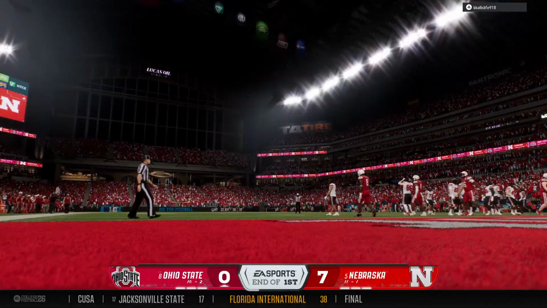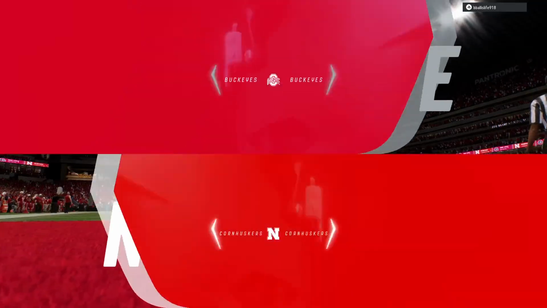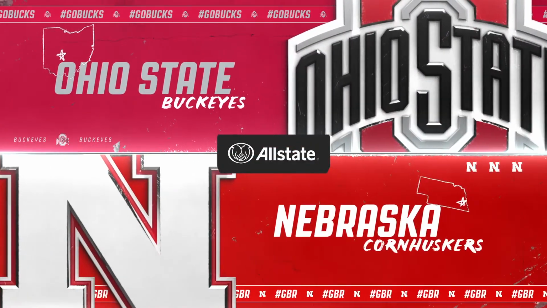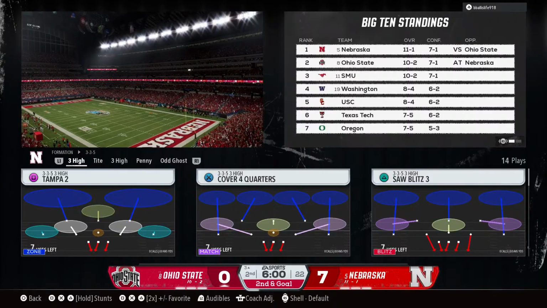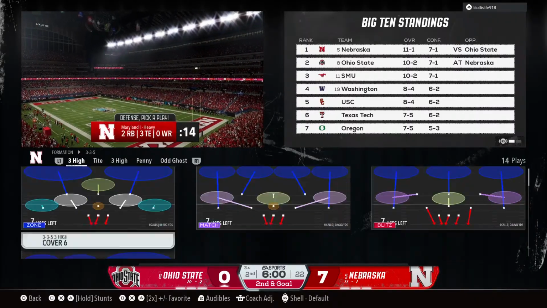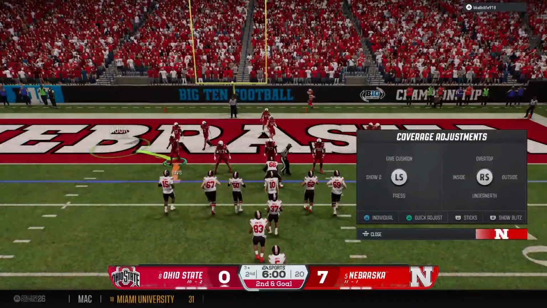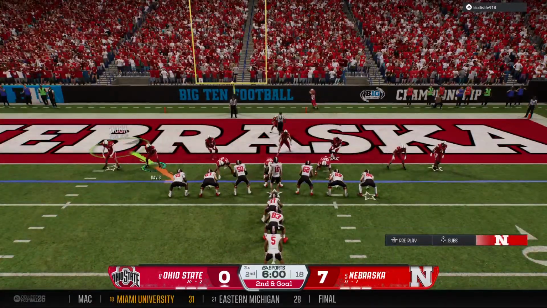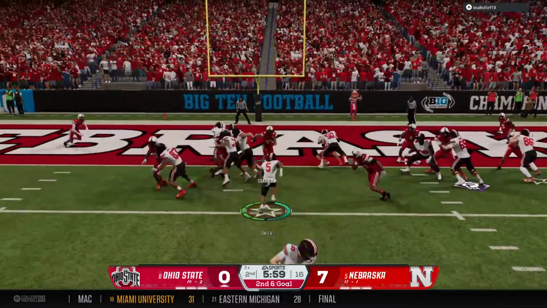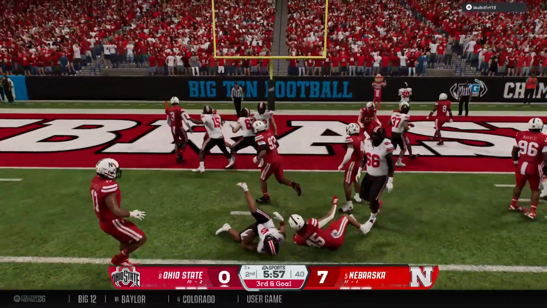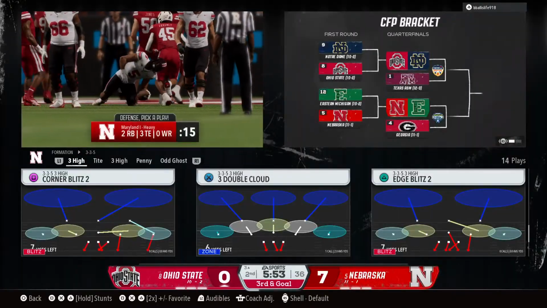Well, Kirk, Nebraska has the lead here. Let's check out the stats now through the opening period. Plenty of time for some plot twists here as we begin the second quarter. They've had the break to talk about it. Now we begin the quarter with the offense set up, second and goal. Keep it on the ground, trying to power in for the touchdown. Nowhere to run. A corralling for no gain.